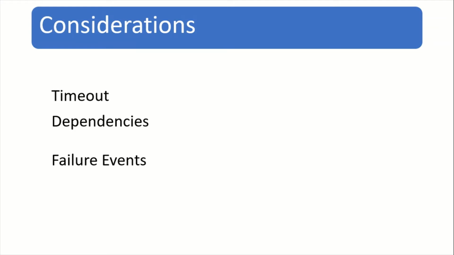There are some considerations we should keep in mind while using custom script extensions. Like timeout: the timeout period for CSE is 90 minutes, so please design your script keeping this in mind. Extensions may require access to network or storage, so make sure it's available. Please use proper if-else statements in the script, so if there's a failure or restriction, the script should know what to do in that case. Make sure to encrypt sensitive data in case it's required by the script.